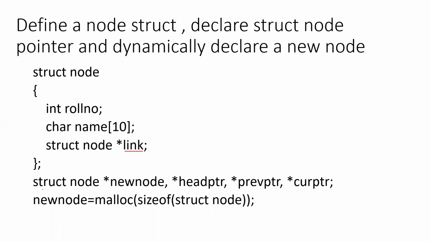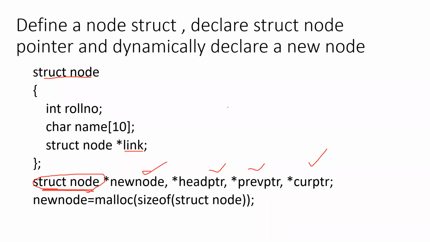So we are going to declare pointer variables which are of data type struct node. We already created struct node, right? So we are going to create pointers. How many pointers? 1, 2, 3, and 4, right? 4 pointers, which have the data type struct node.